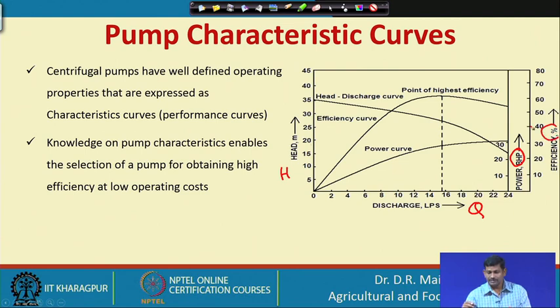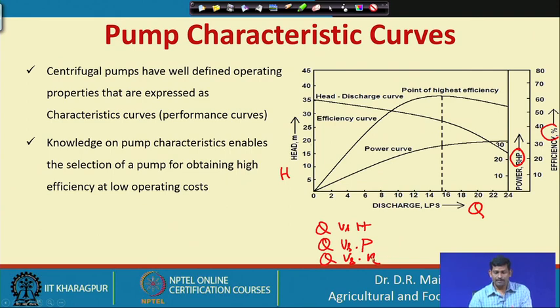So here we are showing three characteristic curves of a particular pump: Q versus H, Q versus power P and Q versus